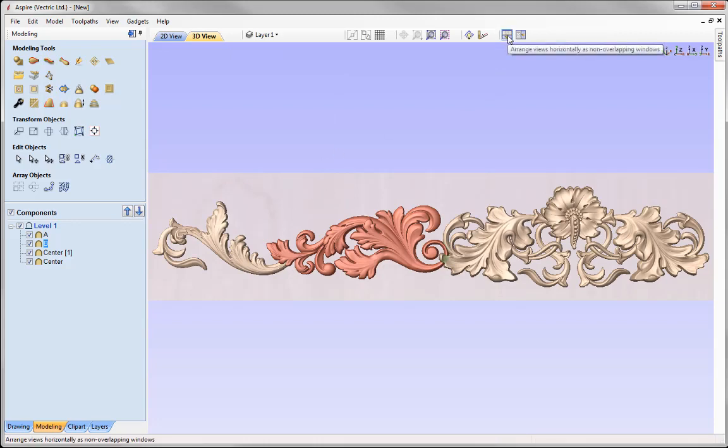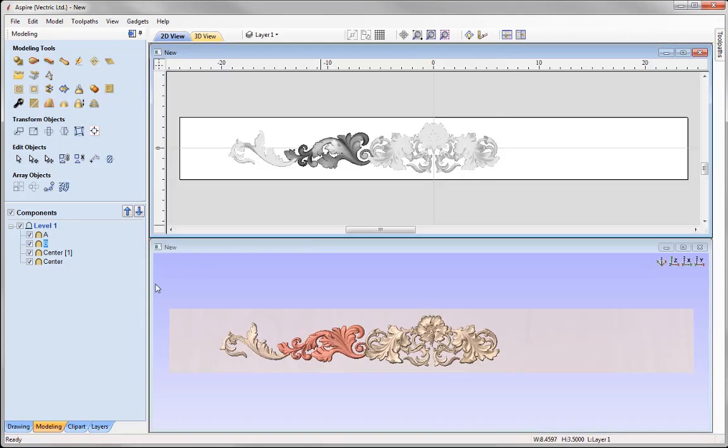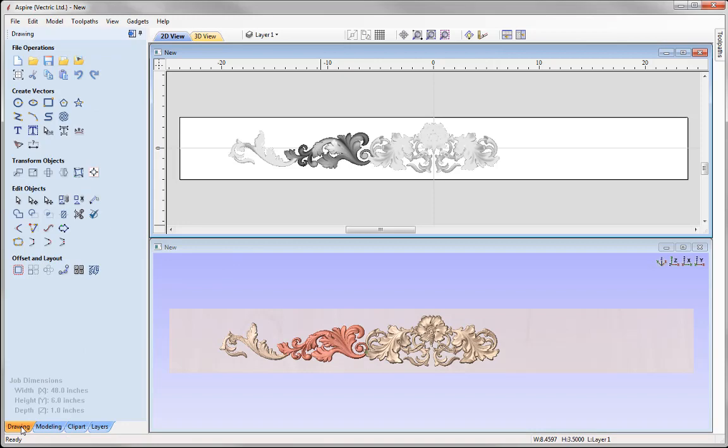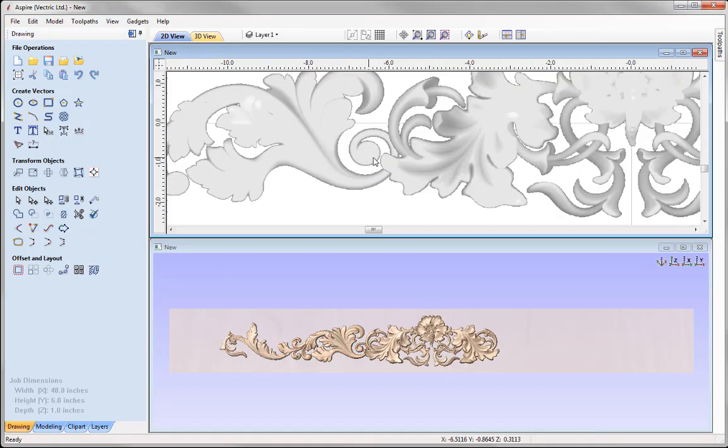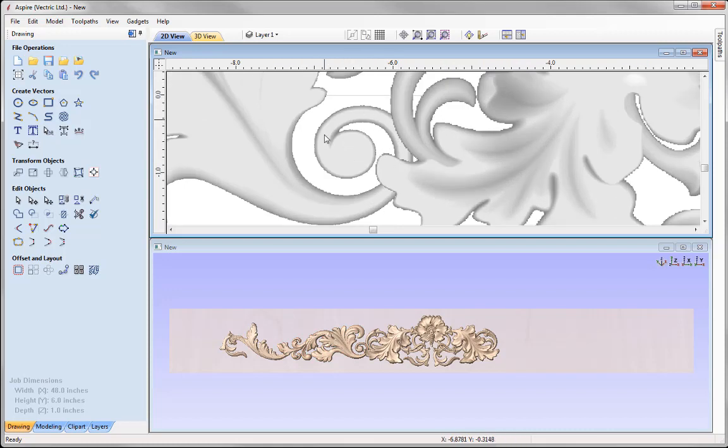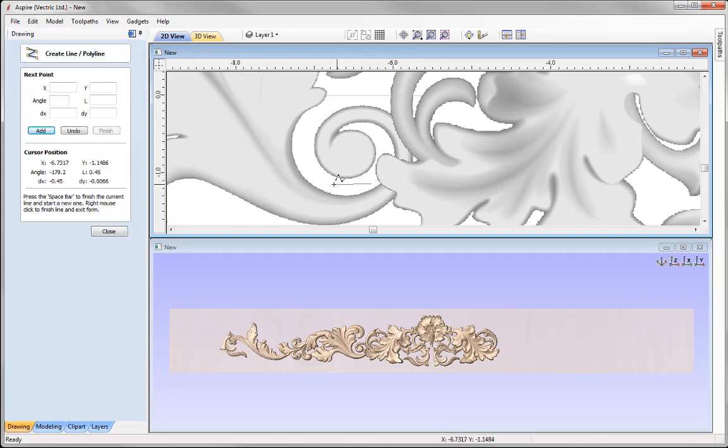I'm just going to use the option here to tile the windows, and then we're going to go into the drawing tab, and then I'm just going to go into the 2D view and zoom in on that swirl area here, and we're just going to draw a vector that represents the area that I'd like to split. So into the polyline tool, I'm just going to roughly sketch in a shape like so. Then we're just going to join that up at the end by pressing tab,